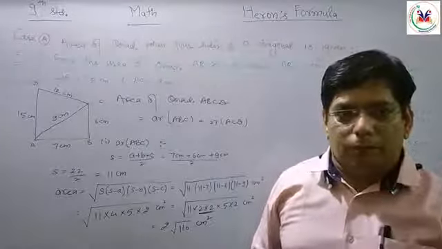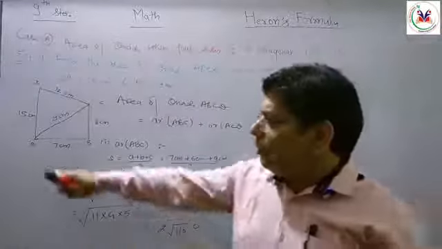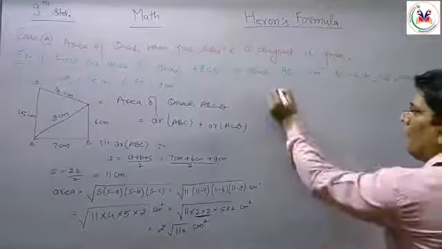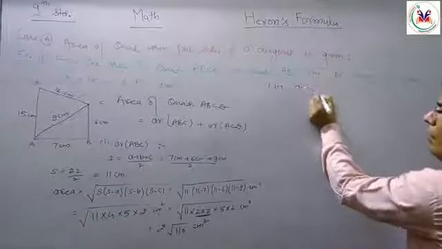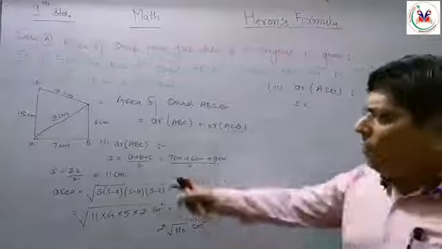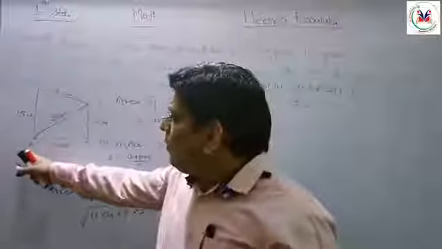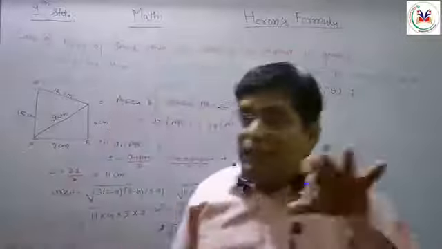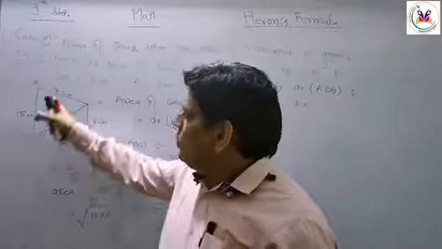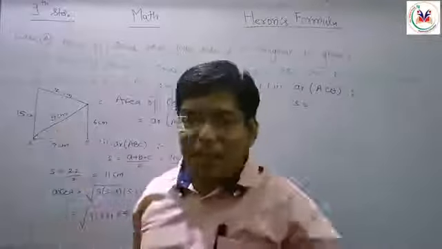Now, after getting the area of ABC, we should move to get the area of triangle ACD. Again we have to follow the same calculation which we have done previously, but the thing that differs is that we should take the measurements of this respective triangle. So the measurements of ACD must be 12 centimeter, 15 centimeter and 9 centimeters.